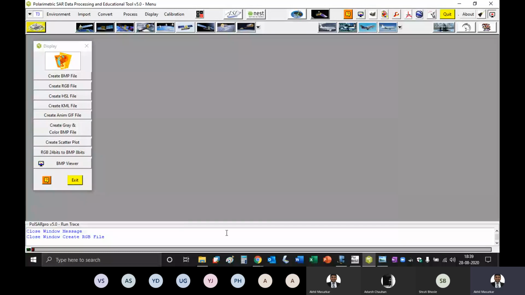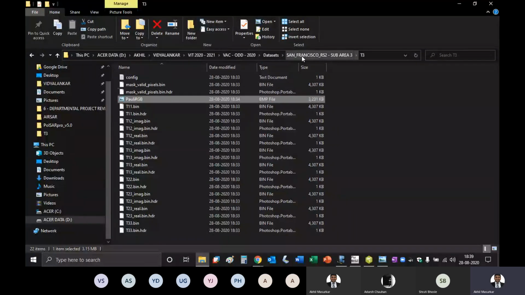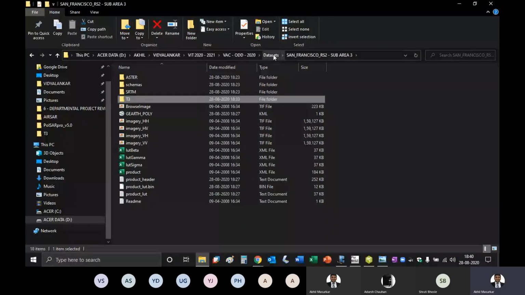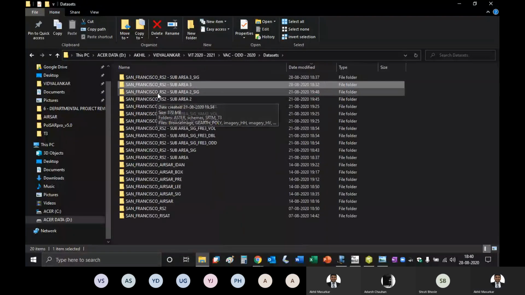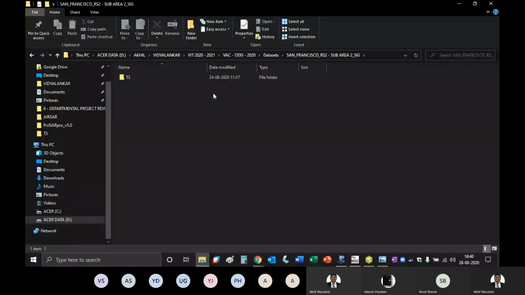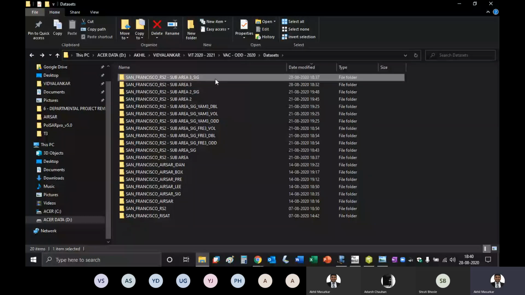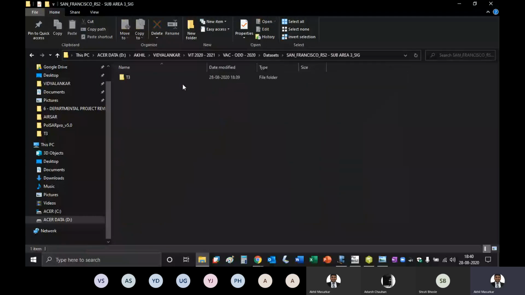And I exit this thing. I should get in the same data set, you can see San Francisco sub area 3 underscore sigma. So on sub area 3, we have applied sigma filter, and in that we have the filter image.